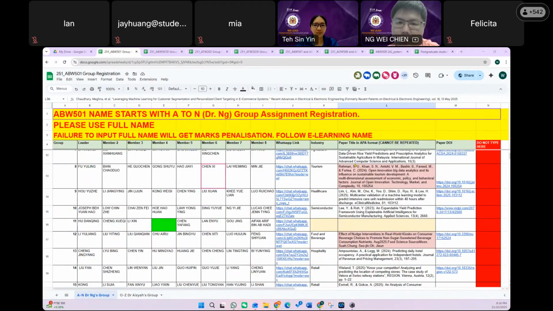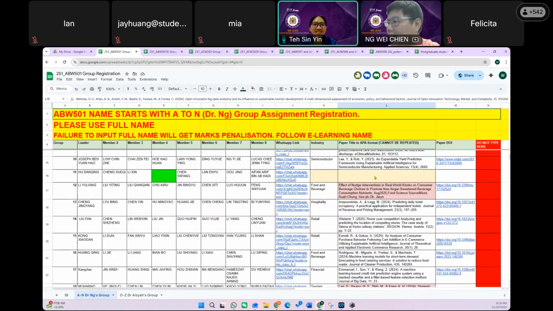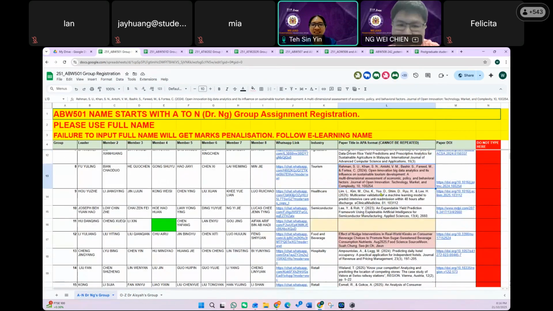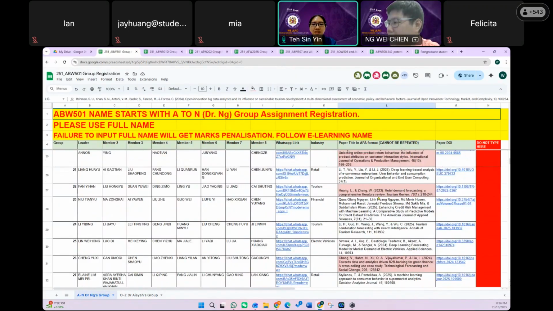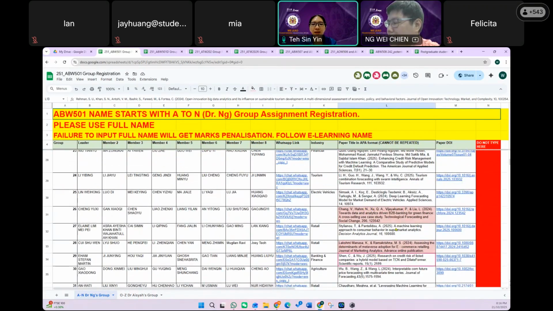I think with the blessing of Dr. Tan, we can extend to 11:59. Give them the opportunity to change by 11:59. So you have another 3 hours after the class today. You see, Dr. Ng was already so kind to check for you. The red color ones, you have a second chance to change it. Otherwise, you will get a very low mark.